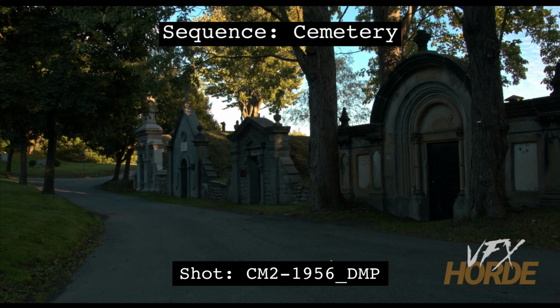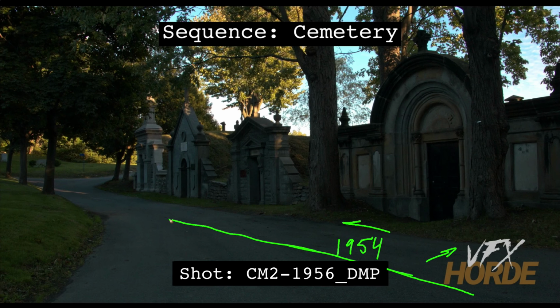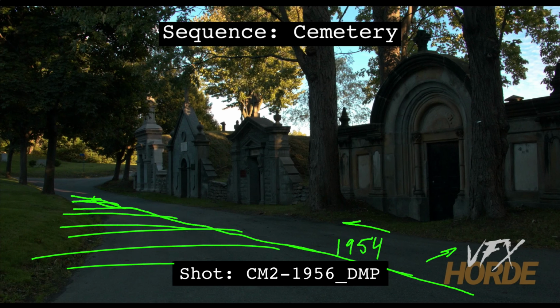And so with the other shot that we were looking at, the previous shot to this, 1954 is the other companion shot where you're going to want to make sure there's continuity. We're looking a little more this way, and now in this shot we're looking a little more this way. So with that other shot, we need to make this a bit more of a path instead of a road, and so we can fill this area up